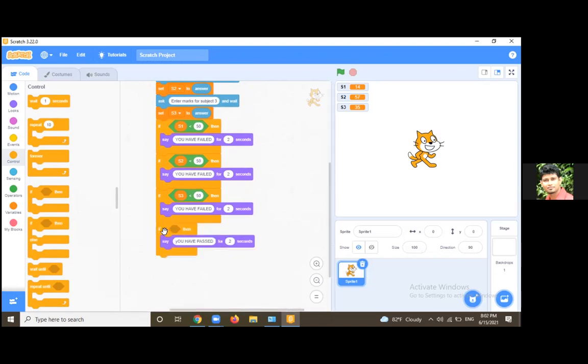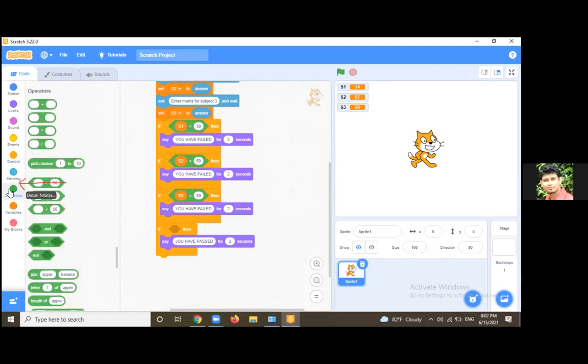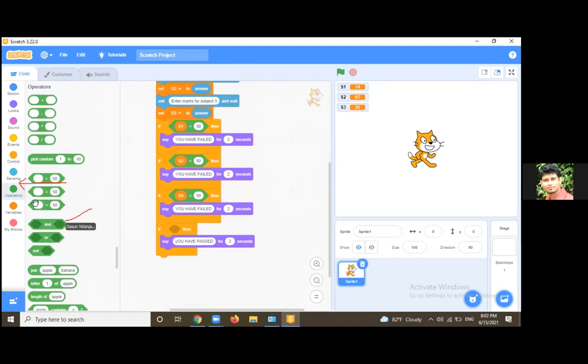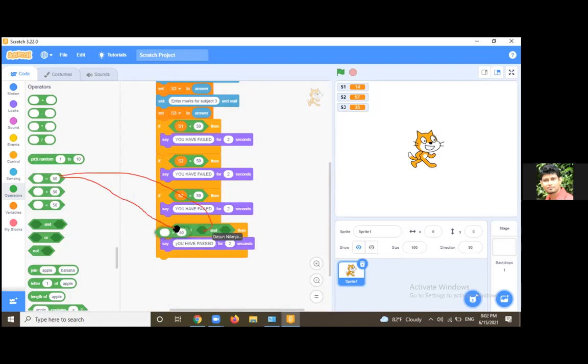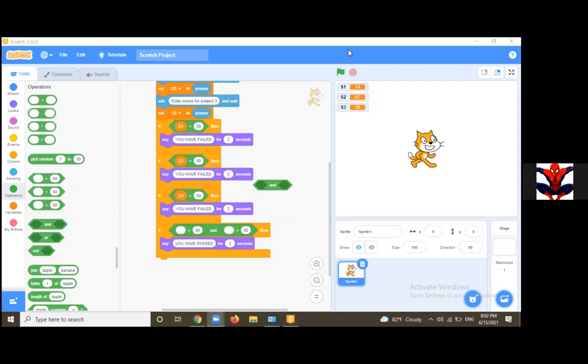And here you have to check this condition. When you are checking this, go to the operations and use this, and now put it inside. And again, one more time, just put it. You have to check all three. So that is how you evaluate this one. Now you have to check this greater than 50, again greater than 50 here, greater than 50 here. Now you have to evaluate all three subjects. Understood? You have to check for all three. Yes, sir. Okay, thank you, sir.